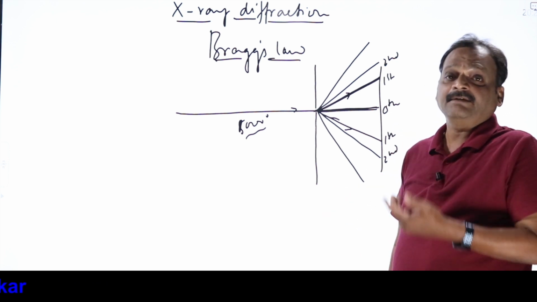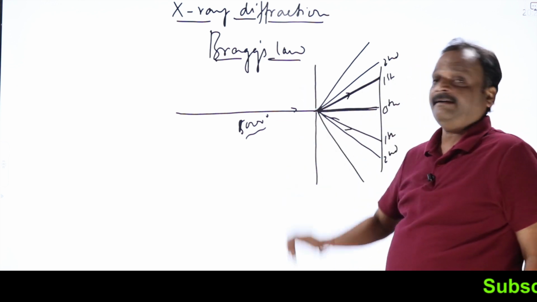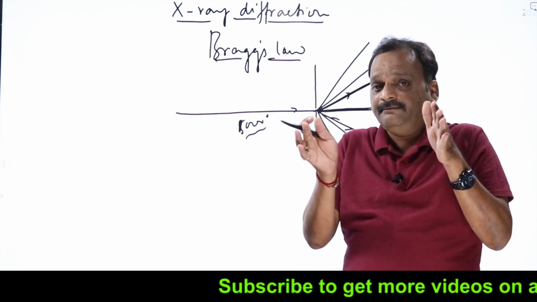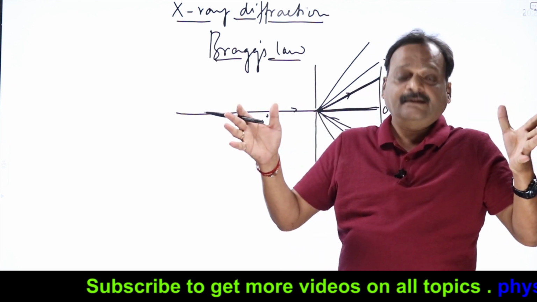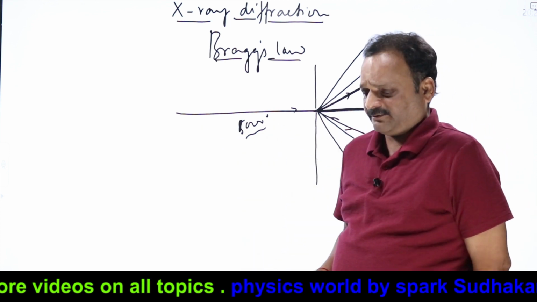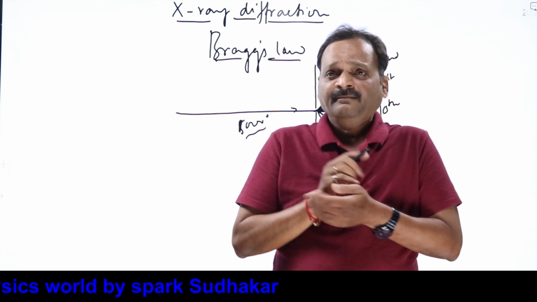How many orders will come? How much will be this deviation? It depends on the size of the obstacle and the wavelength of light. The smaller the size of the obstacle, the greater will be the deviation and more diffraction orders will be observed. That's why, in order to observe diffraction with light, people use something known as optical gratings, where with an